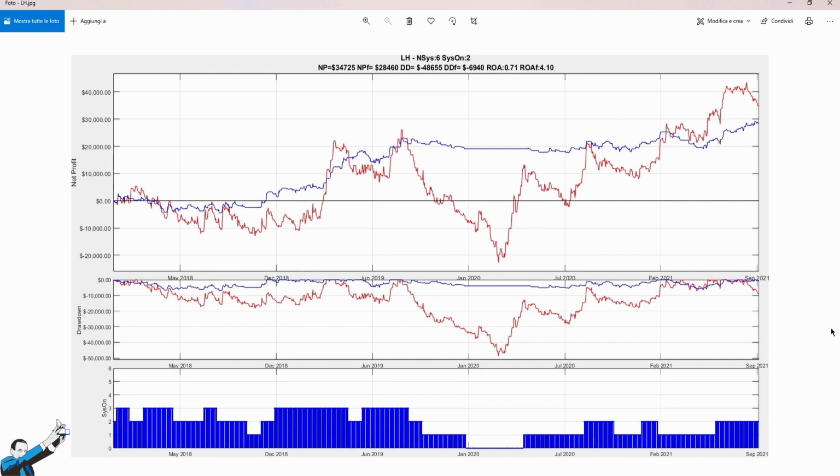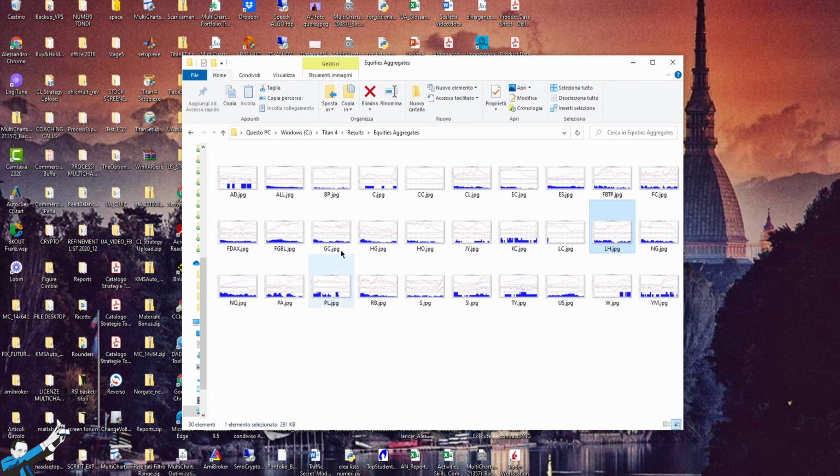Here's another example. Lean hogs. Also in this case, if we compare the two equities, so the red and the blue lines, the equity curve with Titan's filters enabled is much more tolerable. Although at the end of this period the profits are similar, and they are very good in both cases, using Titan's filters saved us a lot of stress. And the same thing happened here. So this demonstrates that Titan's filters work really well on this particular set of strategies.